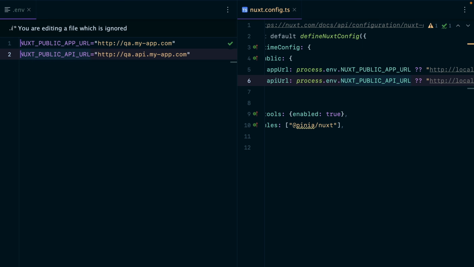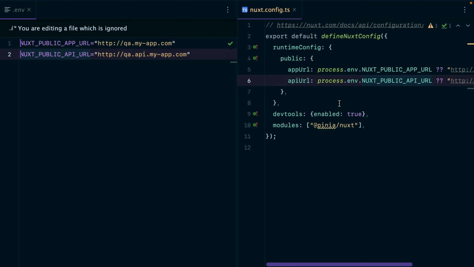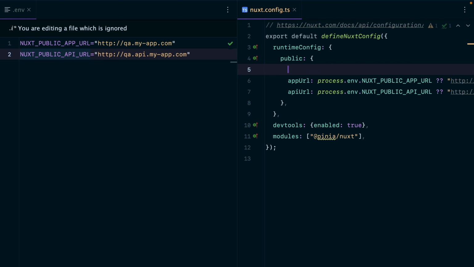A while back, I mentioned that config variables can also be private. Imagine you're communicating with some service using an API key: payments provider, email marketing tool, authentication provider, and so on. Anything requiring a secret key. You wouldn't want people to be able to access that. So for example, if we were to go to our public config and say paymentApiKey,